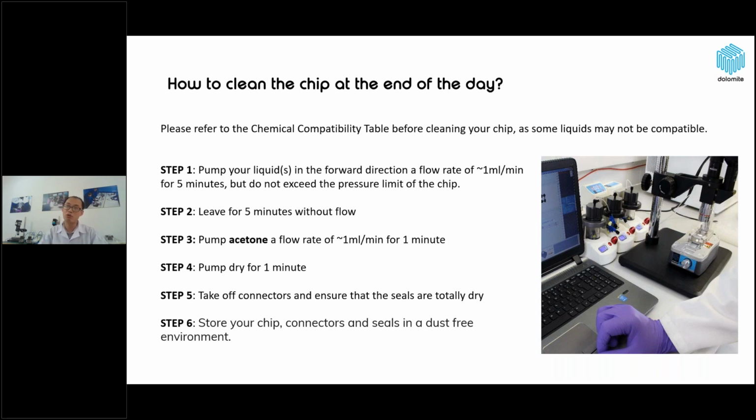Normally, our Dolomite chips have a pressure limit of 30 bar. So please flush the solvent in the forward direction under the pressure limit of your chip. And step 2, you should